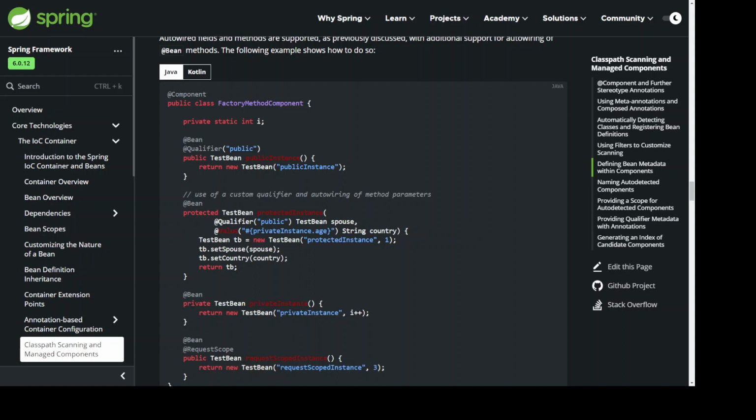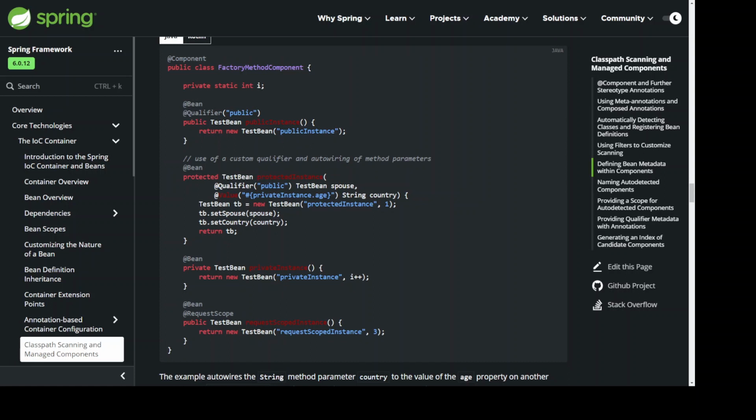The following example shows how to do so. @Component public class FactoryMethodComponent { private static int i; @Bean @Qualifier("public") public TestBean publicInstance() { return new TestBean("publicInstance"); } // use of a custom qualifier and autowiring of method parameters @Bean protected TestBean protectedInstance(@Qualifier("public") TestBean spouse, @Value("#{privateInstance.age}") String country) { TestBean tb = new TestBean("protectedInstance", 1); tb.setSpouse(spouse); tb.setCountry(country); return tb; } @Bean private TestBean privateInstance() { return new TestBean("privateInstance", i++); }